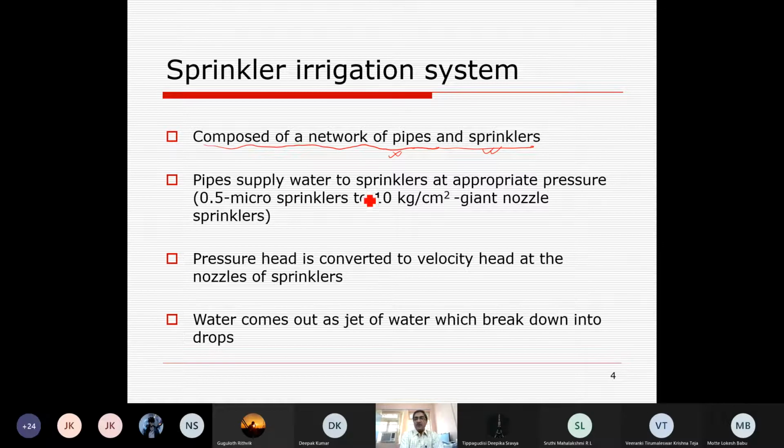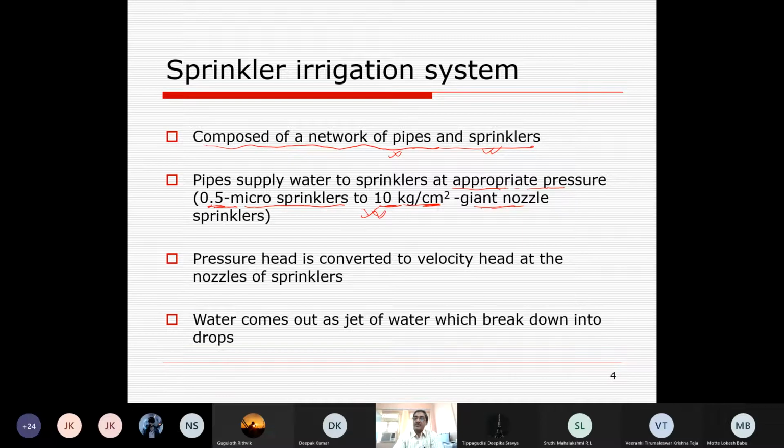Pipes supply water to the sprinkler at an appropriate pressure, varying from 0.5 to 10 kg per centimeter square. At the smaller pressure, that is 0.5, the sprinklers operated are called micro sprinklers, and the sprinklers which are operated at high pressure,